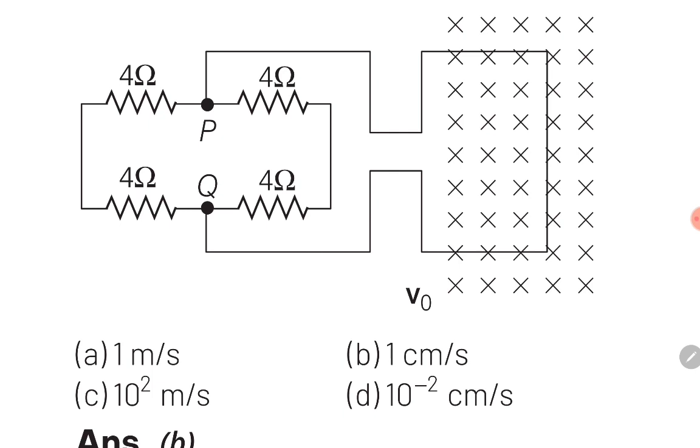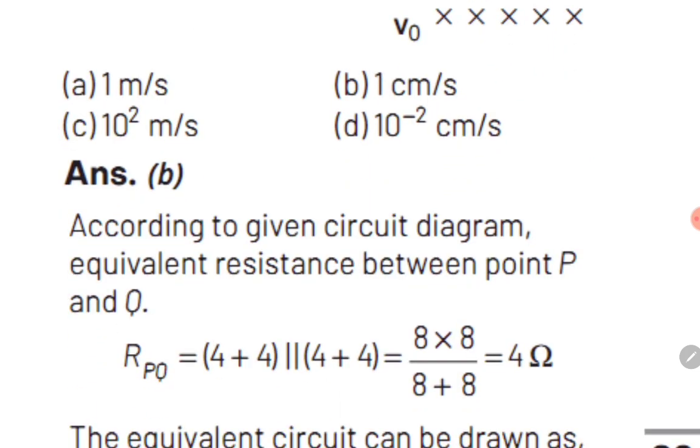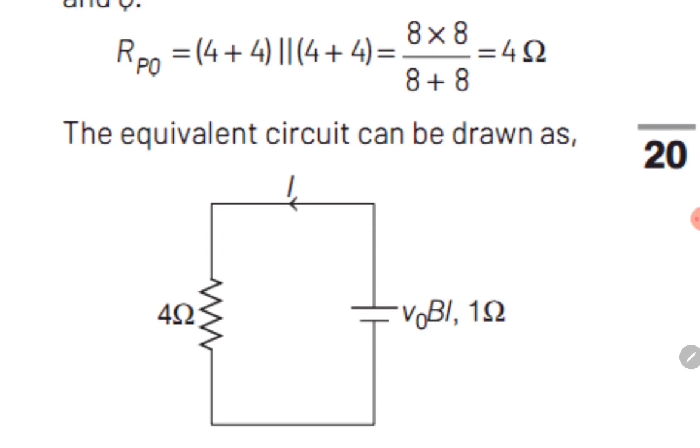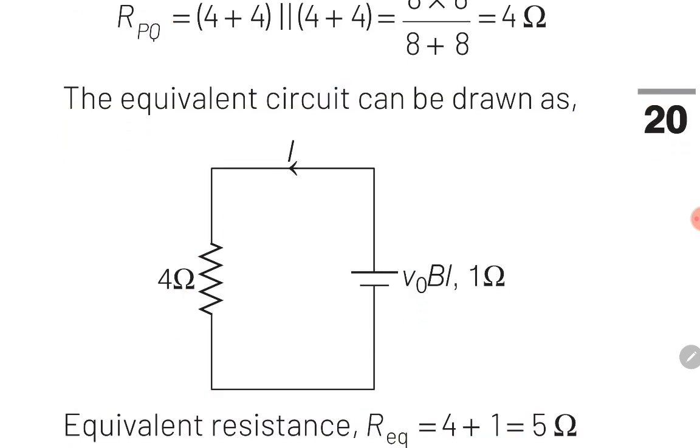अब गाइस यहाँ पे जो P and Q के दोनों तरफ 8 ohms का resistance है, they will be in parallel with each other because they are across the same points P and Q. Because of this reason, RPQ will become equal to 8 into 8 divided by 8 plus 8, which is equal to 4 ohms. So guys, हम ऐसा बोल सकते हैं that net resistance across PQ will be equal to 4 ohms. इसीलिए गाइस यहाँ पे जो equivalent circuit है उसमें हमने left hand side के circuit को replace किया है by a single resistance of 4 ohms.